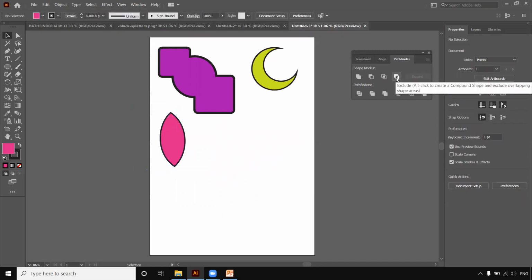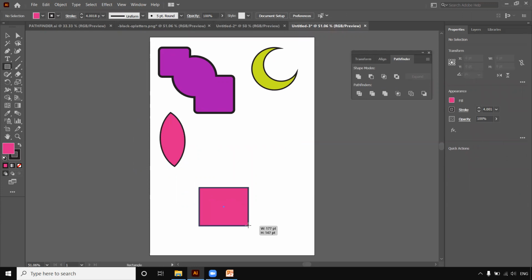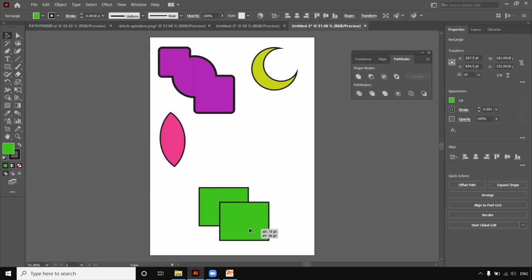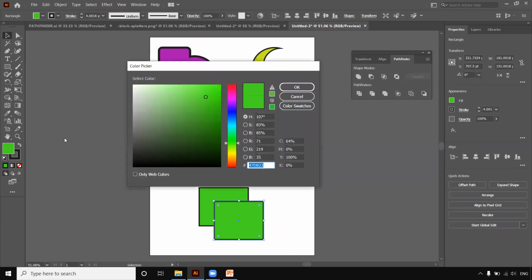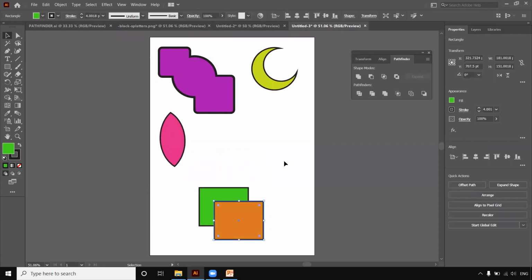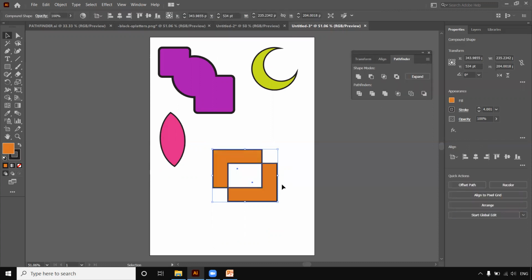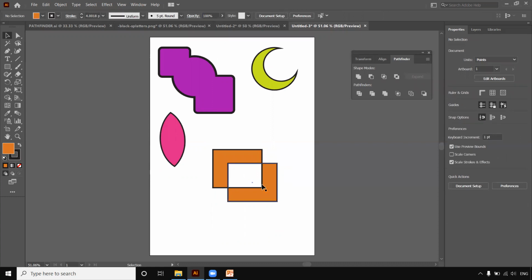Now last is exclude. So let's see what this tool does. I'll take one rectangle and then I'll take another rectangle and change the color so that it is clear to you that there are two different objects. Okay, so we have these two objects, and with Alt pressed on the keyboard, we'll click on this particular mode which says exclude. See, what it did was it excluded that area which was intersecting, which was common between